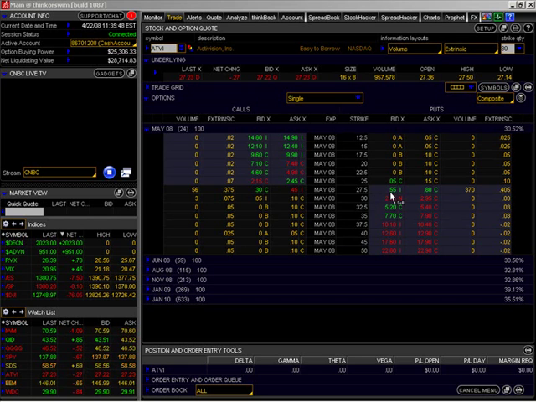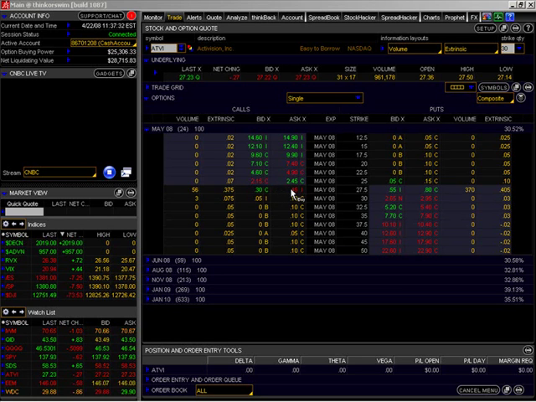If we take a look at the options on this particular stock, we have what's called call options. We have puts. Calls are those options that people purchase if they think the stock is going to go up. People buy puts on this stock if they believe the stock is going down. So let's say you think that the stock is going to go up. So you purchase this call option on the May options for Activision, and you get it at 40 cents, almost in the middle of the bid and ask price.